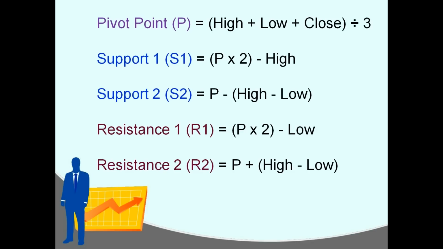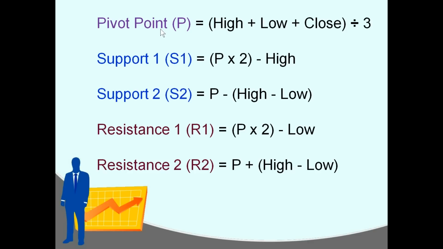Okay, so before the beginning of the trading day, first you're going to calculate P, the pivot point, and we talked about that. It's just an average, okay? You're going to take the average of the previous day's high price, low of the day, and closing price. All right, the high of the day, the low of the day, and the close of the day for the previous trading day. You add those 3 numbers up, and then you divide by 3. That's the pivot point. That is your main or primary support and resistance for the day.